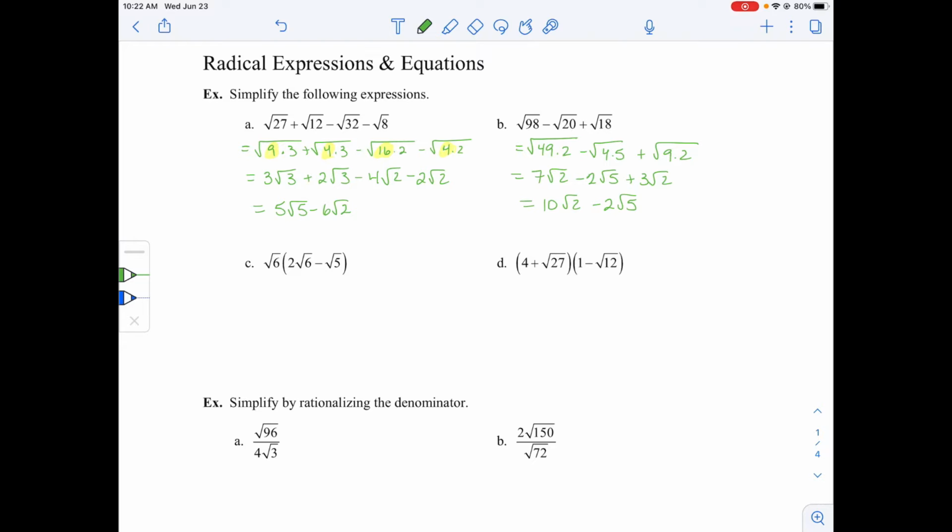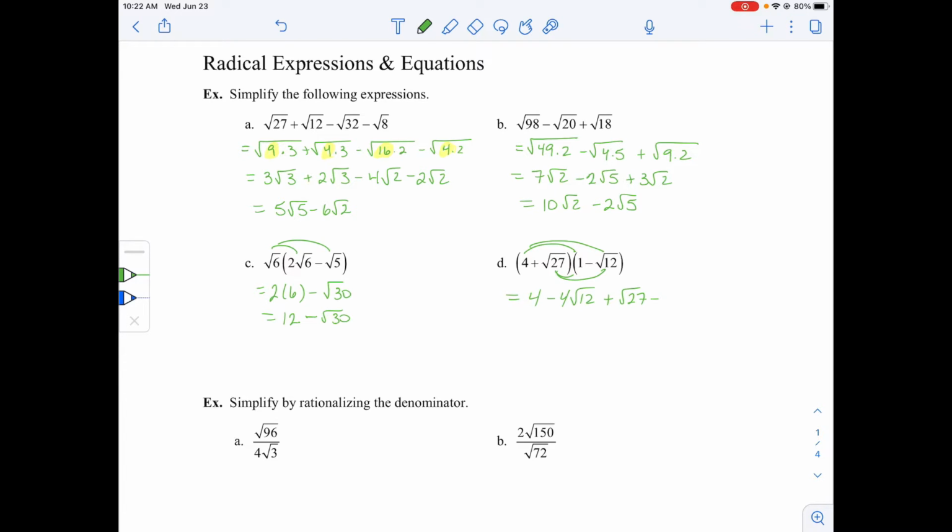Okay, for the next ones, we want to distribute, just as we would with the regular polynomial. So we get 2 times 6 minus root 30, which is 12 minus root 30. For question D, I'd like to FOIL. We get 4 minus 4 root 12 plus root 27